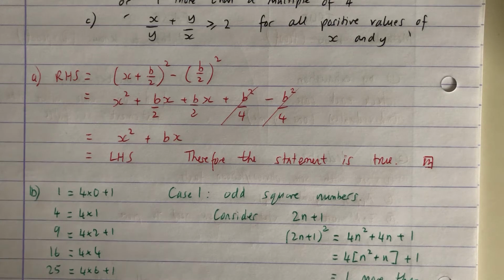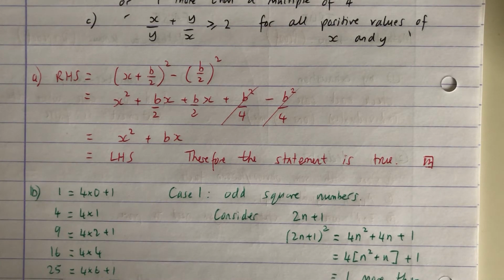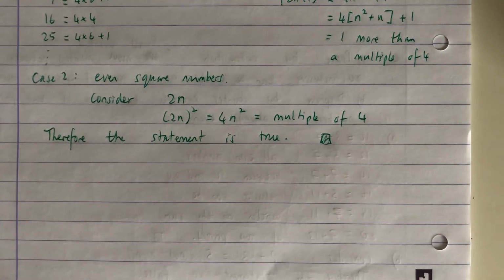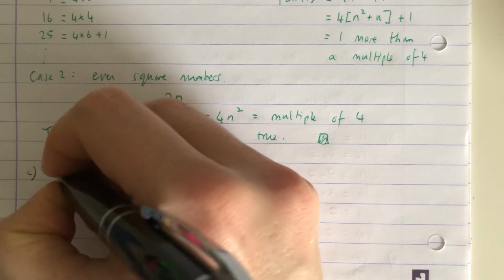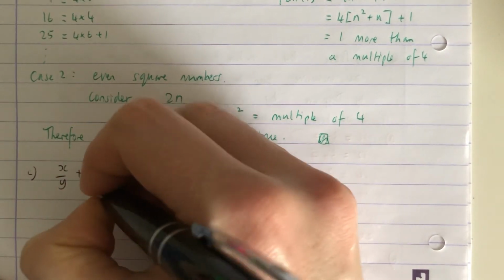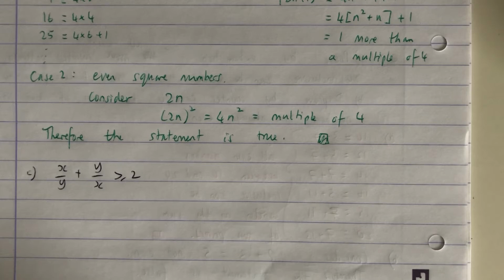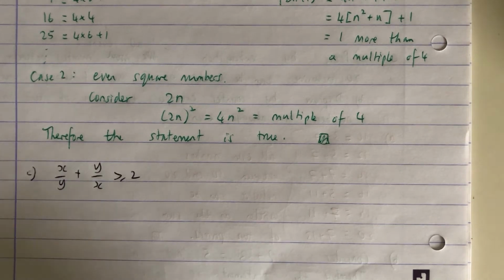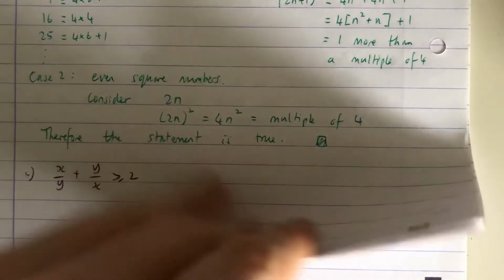We have an inequality. x over y plus y over x is greater than or equal to 2 for all positive values of x and y. Right, so let me write that inequality down: x over y plus y over x is greater than or equal to 2. Now, the inequality type, you kind of cheat a little bit. You actually pretend the statement is true,